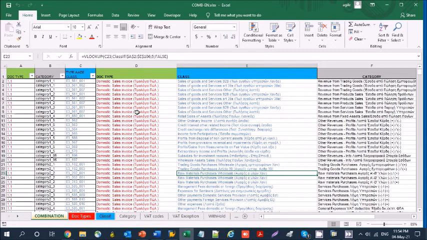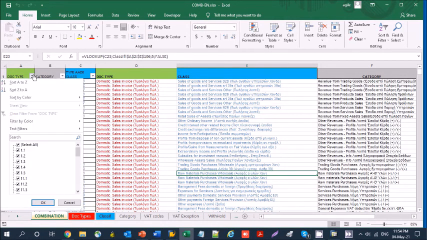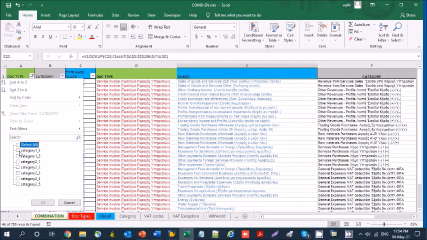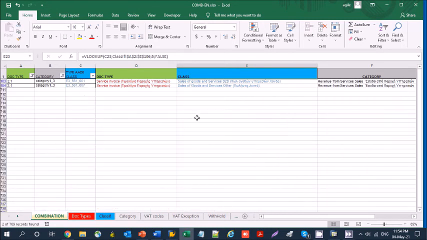So, if we want to have proper mapping, we have to identify the correct combinations of the classification type E3 and the category for each document type. For example, you can see that the combinations are very few. So, if we want to have the proper mapping, we have to identify the correct combinations of the classification type E3 and the category for each document type, and we have to submit to the tax authorities.